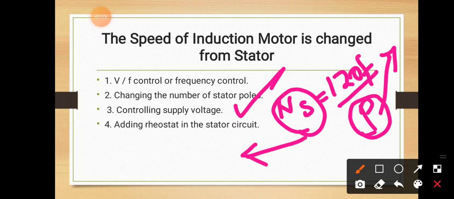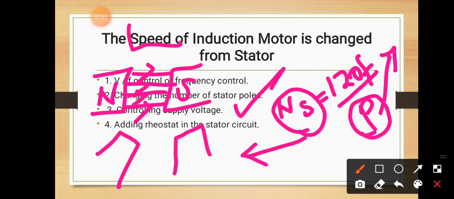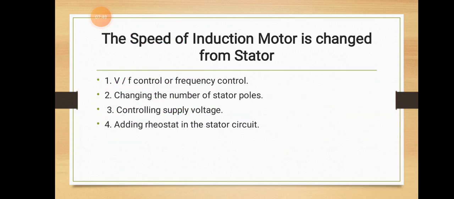Okay, so what is actually the pole? Magnets. The magnets are poles, north pole, south pole. Here the flux is being generated, a rotating magnetic flux will be created. So if the number of poles is increased, the speed of the induction motor decreases. So by varying the number of stator poles also, the speed of the induction motor can be controlled.